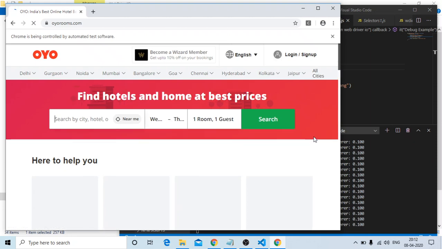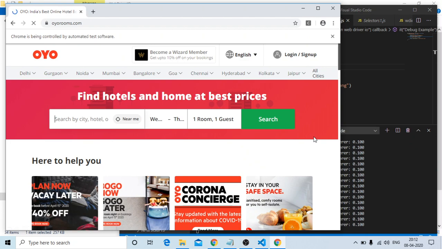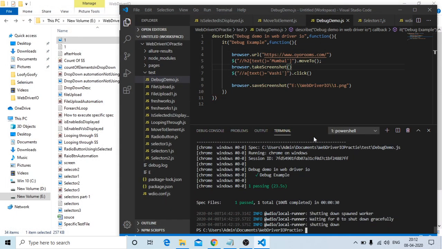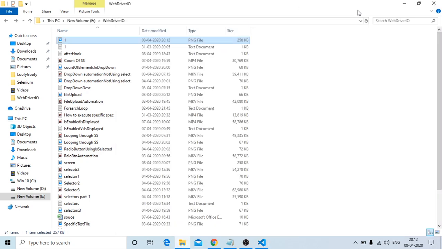It is still loading actually. Now it is taking more time to load. Now you could see it clicked and it got closed. Now with the same name I should get a different screenshot.